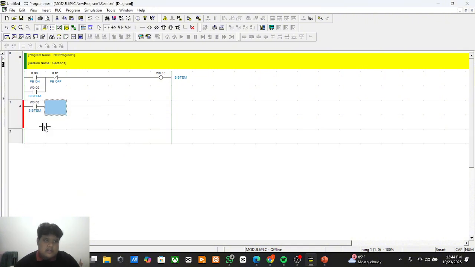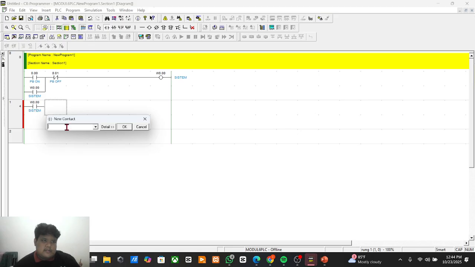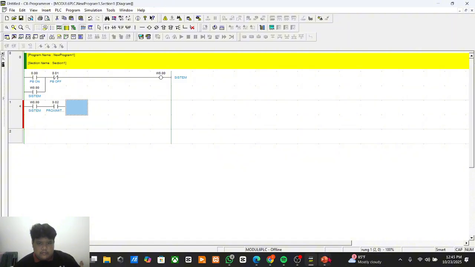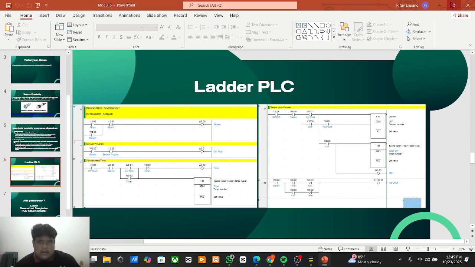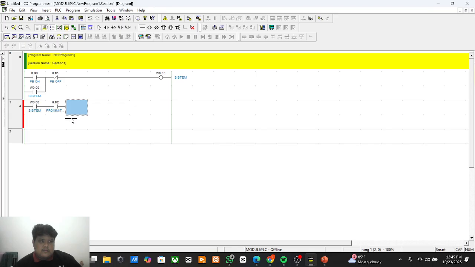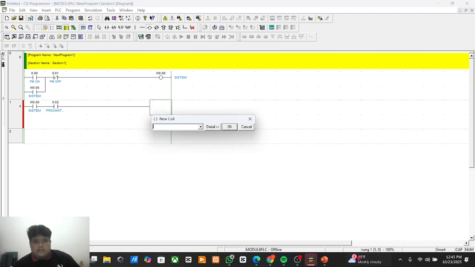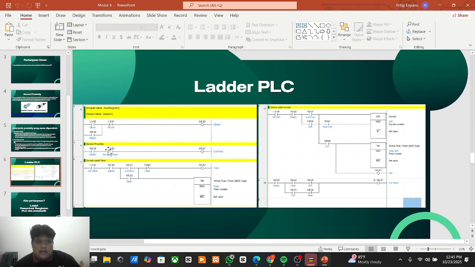Then here for the proximity sensor. Then for the output, we make it with a new coil here. Output of the proximity sensor.